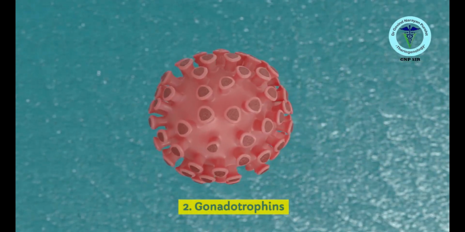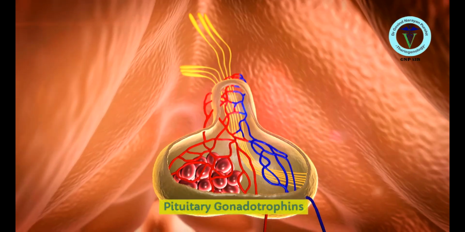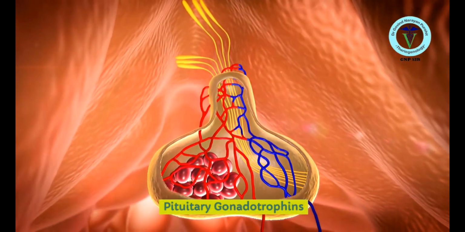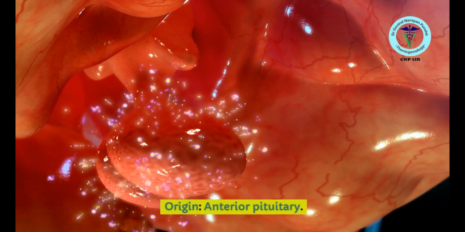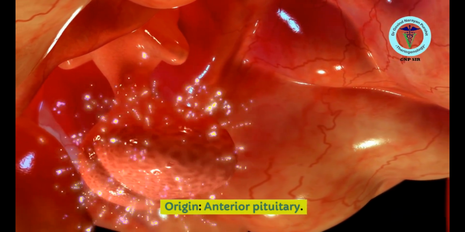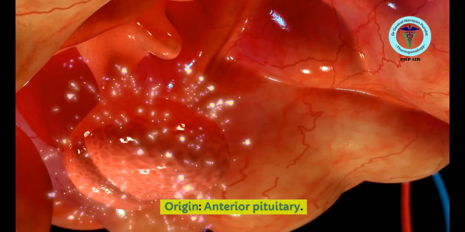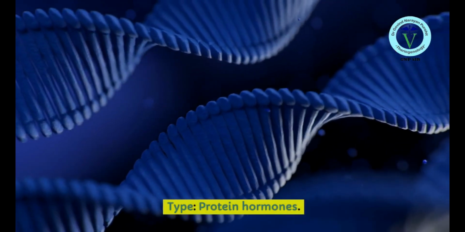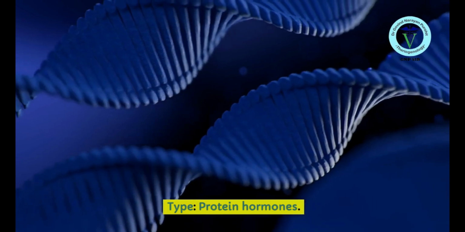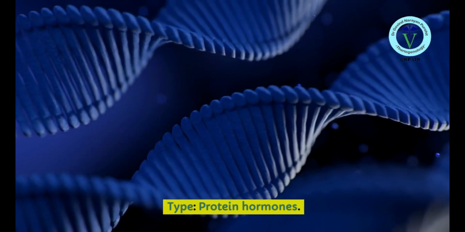Then the second hormones are the gonadotropins. They have a trophic or stimulatory effects on the gonads. The gonadotropins are two types, the pituitary gonadotropins, which are follicle stimulating hormone, and the luteinizing hormone. The follicle stimulating hormone and luteinizing hormone are released by the pituitary in response to stimulation by the GnRH. They are released from the anterior pituitary and enter the bloodstream. They are protein hormones. They reach the gonads, and because they have a stimulatory effects on the gonads, they are